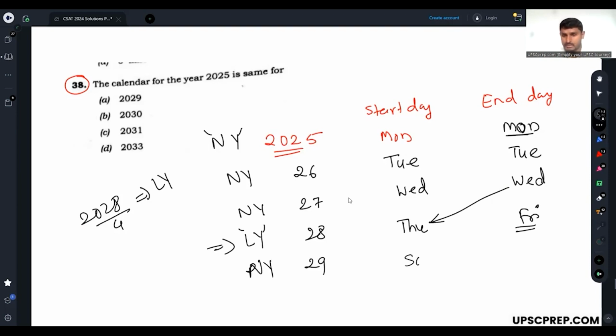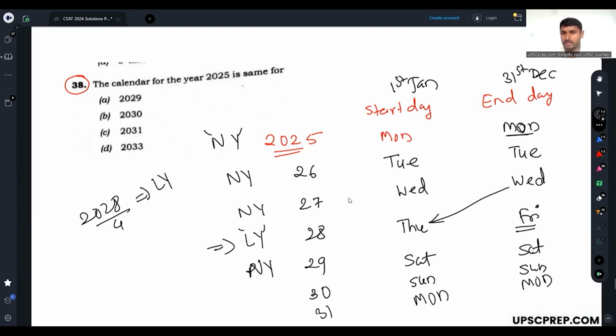So it will start on Saturday, again end on Saturday, right? So I'm talking about this date of 1st January, and this is 31st December. Again, if I come to year 30, it will start on Sunday, end on Sunday, right? And if I come to year 31, it will start on Monday and end on Monday. Okay. So if you see,